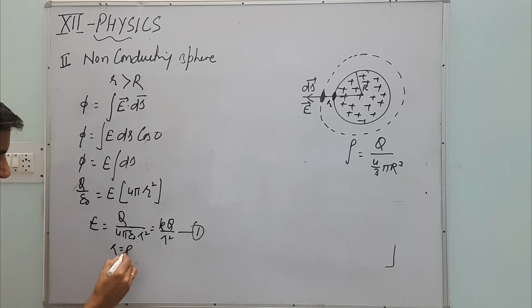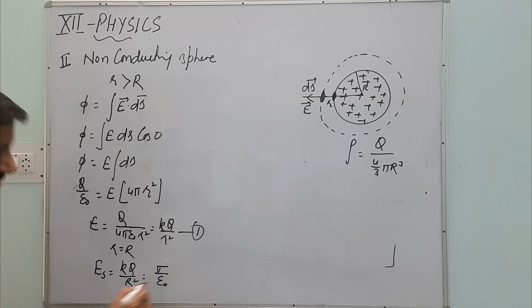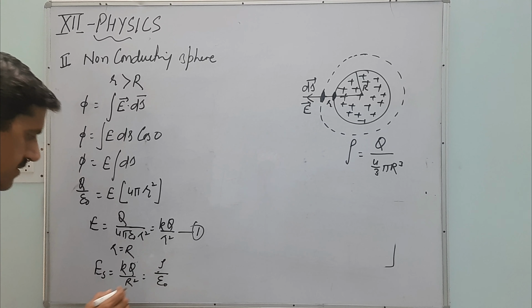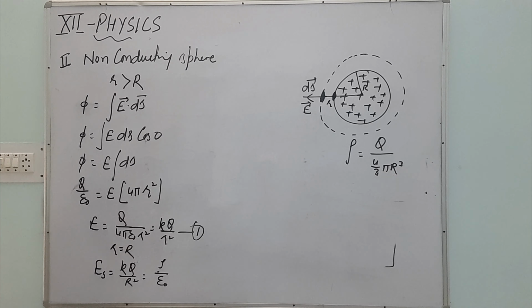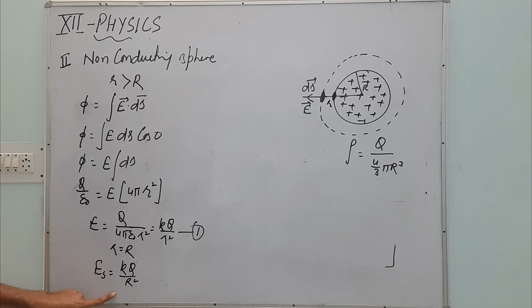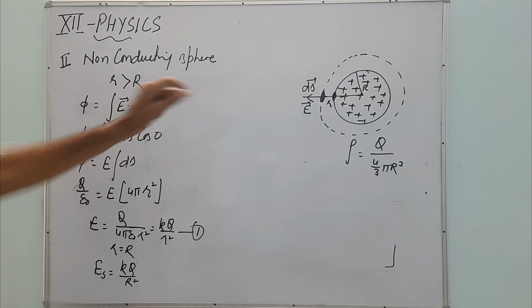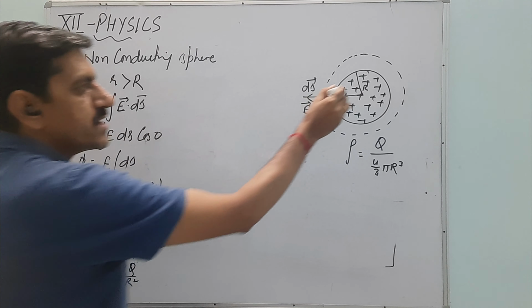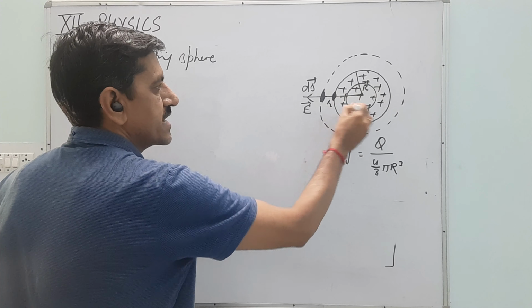If we go for the surface, if small r is equal to capital R, in that case the result again becomes the same, kQ by capital R square, or it can be written as sigma by epsilon 0, right? Done. So that's kQ by r square, where the total charge can be considered to be at the center. But the result changes if we are considering a point inside.